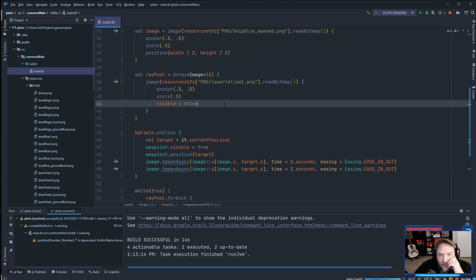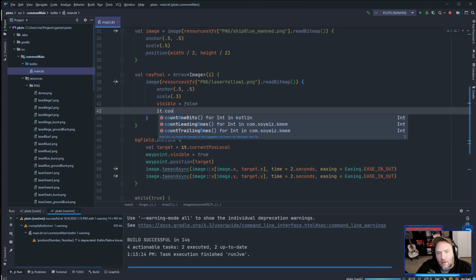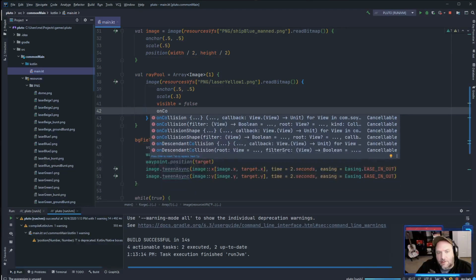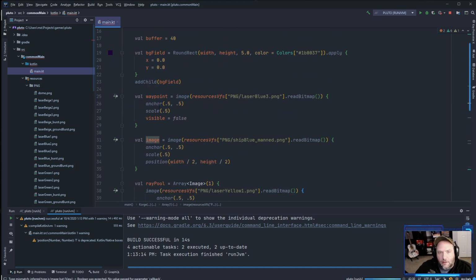Okay, now I want to figure out a collision. So like it dot collide on collision. Okay, that's exactly what I wanted to see. You can filter it by a view. So if you collide with, we'll call it player. If you collide with the player,